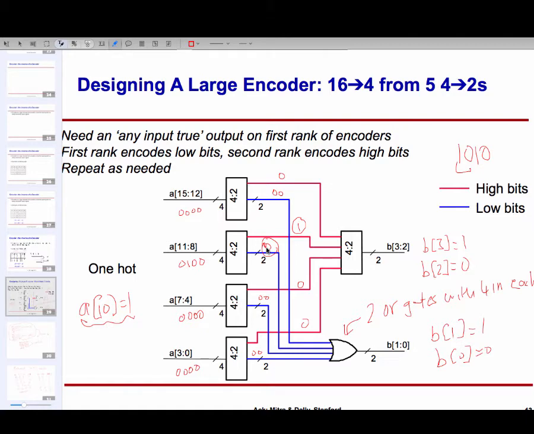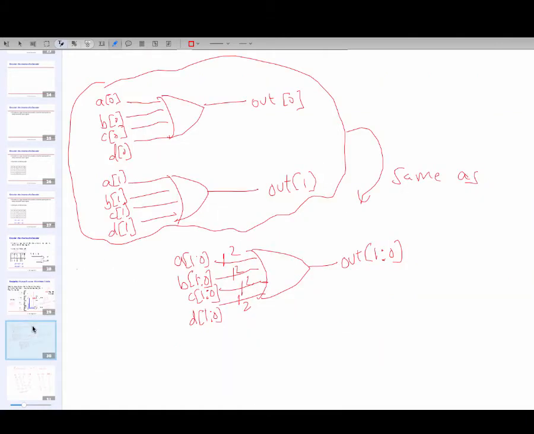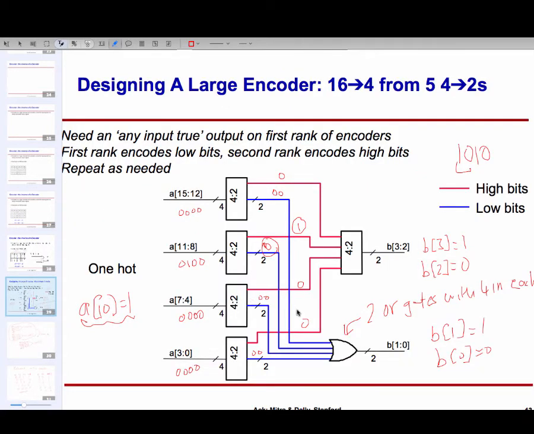I had talked about last time this notation that we are using: instead of drawing 2 4-input OR gates, essentially one OR gate operating on bit number 1 and one OR gate operating on bit number 0, we use this notation out here where each one of the wires is a 2-bit wire, and the output is 2-bit.